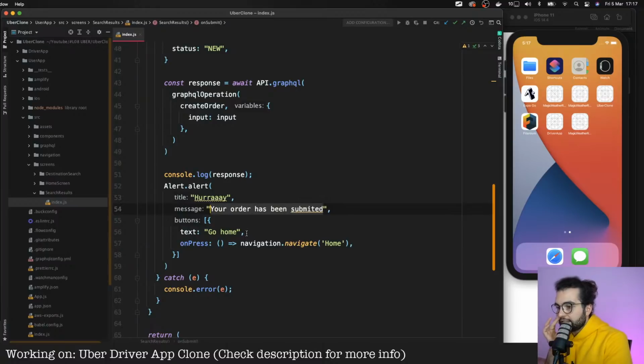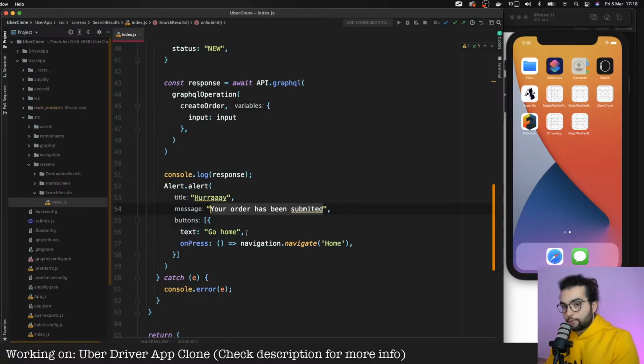However, in our case, now we want to implement a separate screen, a screen that will represent the order. I mean, when we place the order, we see a map. Initially, there won't be any cars because the order will be waiting to be picked up by a driver.